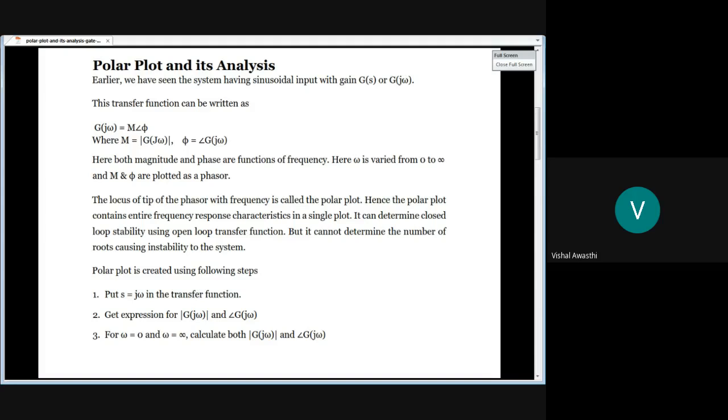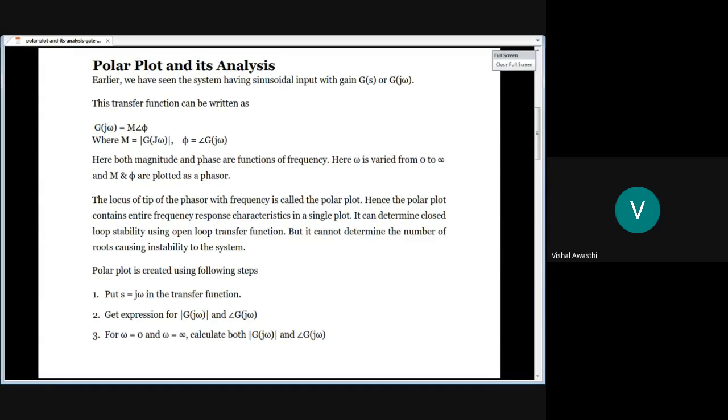So in the polar plot, there are no two plots to get the stability. We require just one single plot, and that is also not on any log paper or semi-log paper. It is on simple graph paper. You just have to take the knowledge of your basics according to your angles or phase, its magnitude, along with the variation of frequency.